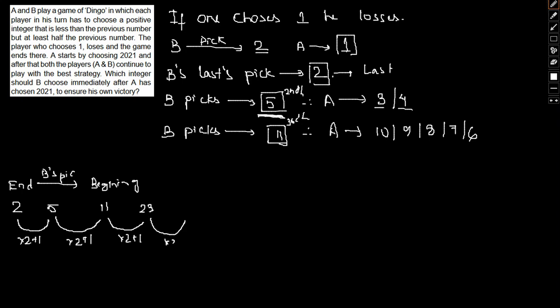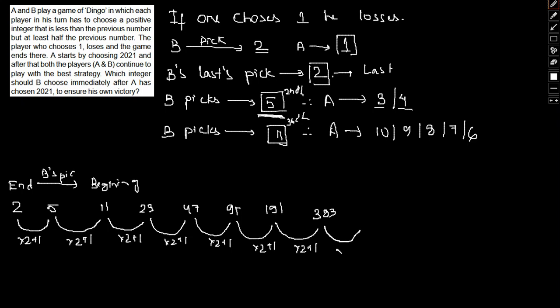Times 2 plus 1, this trend would continue, this would give us 47. Times 2 plus 1 would give us 95. Times 2 plus 1, 191. We are back tracing the entire thing. Times 2 plus 1 would give us 383. Times 2 plus 1 would give us 767. Times 2 plus 1 would give us 1535. So this should be B's pick,